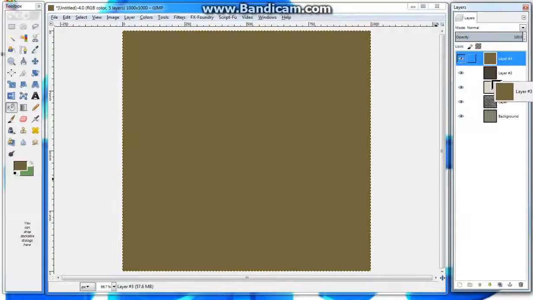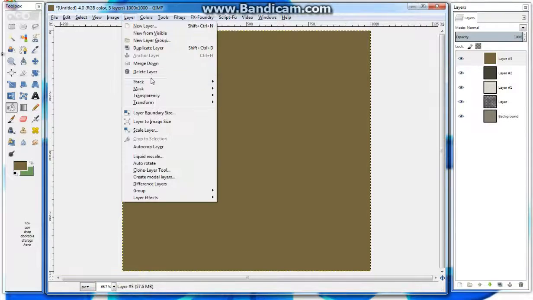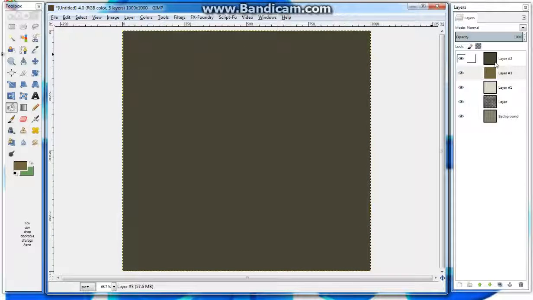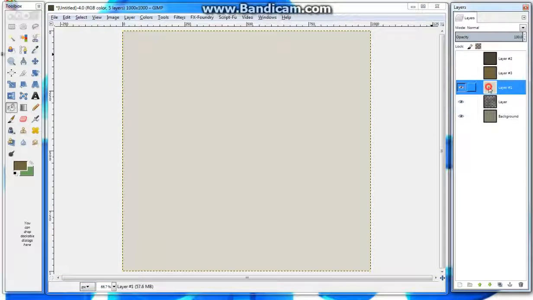I think I'm gonna move that underneath all of them. I seem to have a problem moving these. If you're having a problem moving your layers around, you can always go to Layer, go to Stack, and you have all these options here. So do that, and we're gonna take the lasso tool